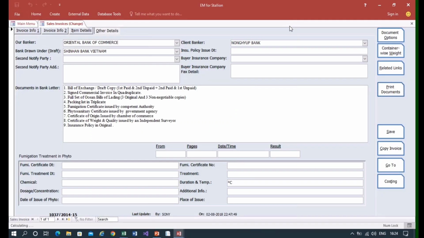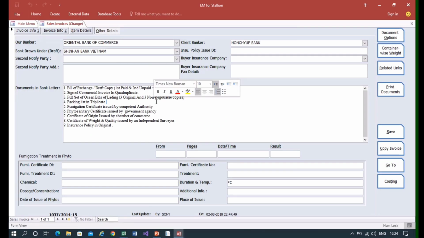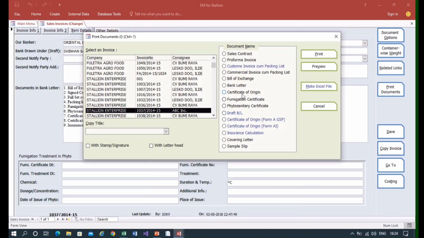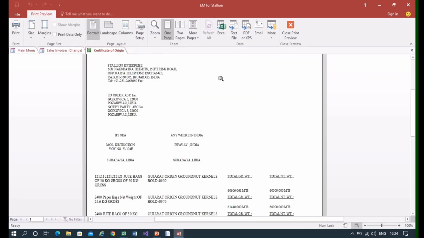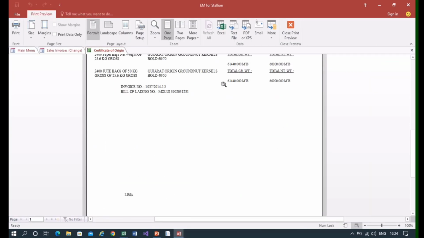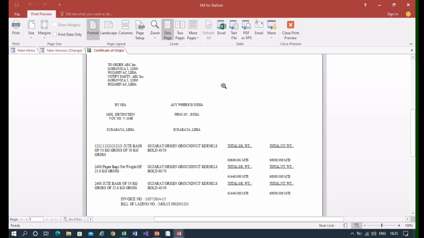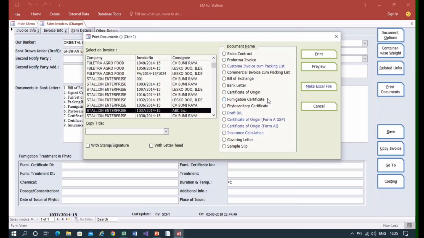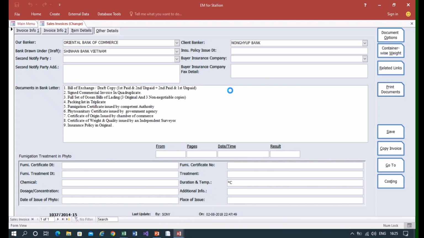There is nothing hard coded in the document. Certificate of origin, in pre-printed stationery only data is printed, like fumigation certificate, phytosanitary draft,